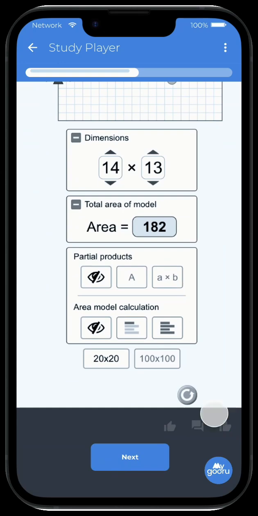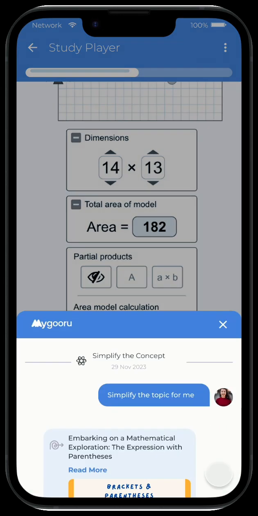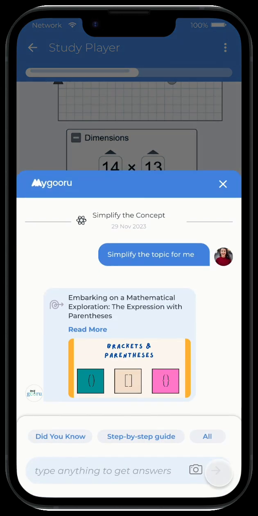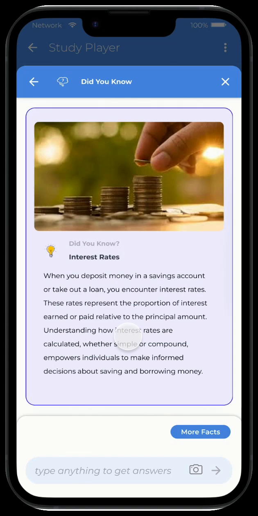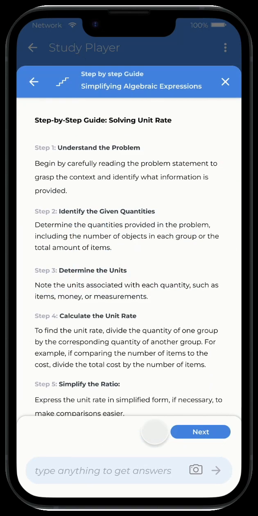For each of these concepts that the learner is going through, MyGuru is looking at what the learner is doing and making personalized recommendations based on signs of learning. Because it understands the learner very well, in terms of not only their proficiency in the current competency, but their proficiency in dependent competencies, their reading level, their interests, etc., it personalizes this content. For example, simplifying the concept in ways in which this learner can understand, or providing engaging content such as did-you-know facts, or a step-by-step guide to understanding how to solve problems